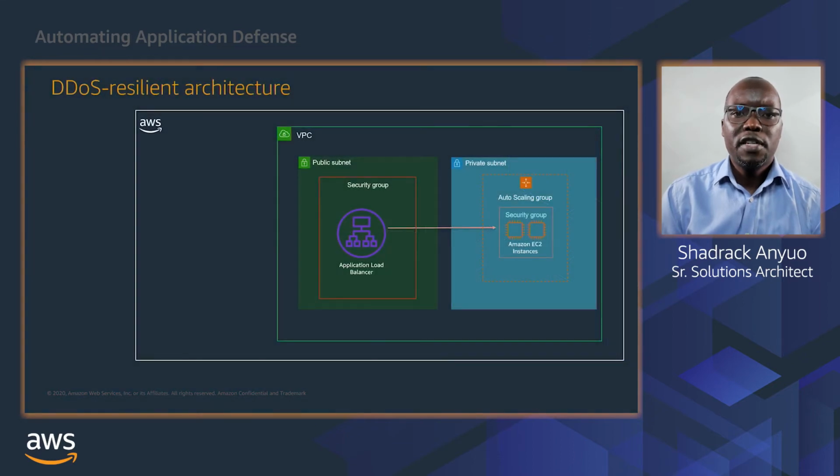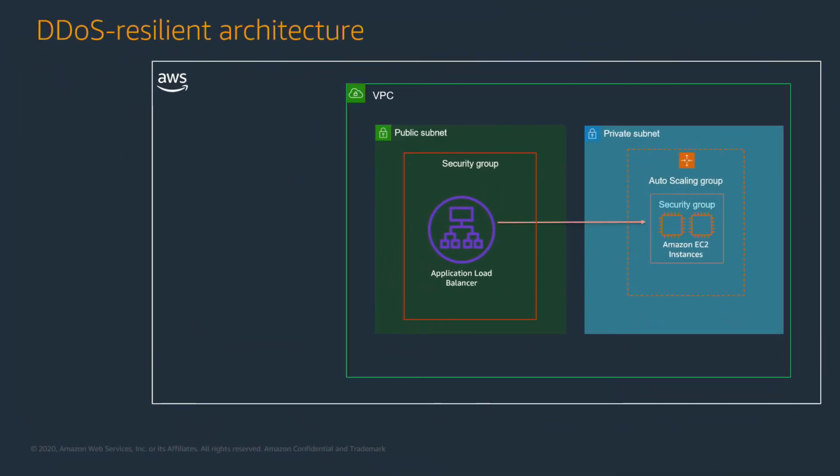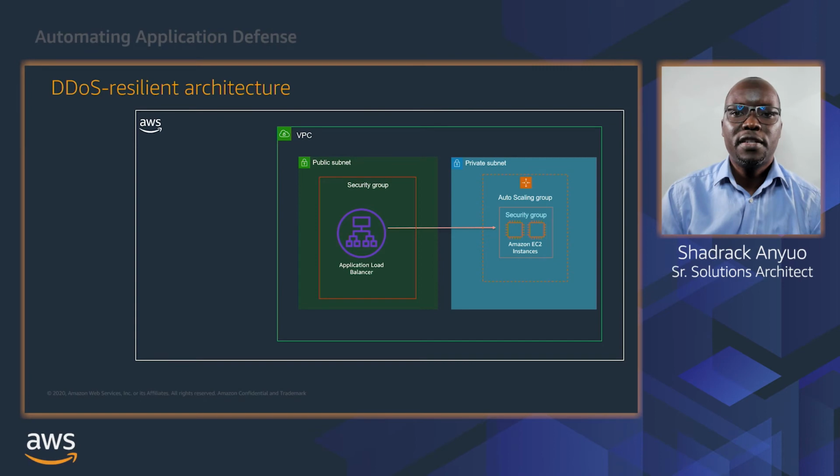The first response pattern that we are going to look at is building a resilient architecture. This is where you start by isolating your resources by the use of a VPC. A VPC is a secure, simple, and customizable network construct that allows you to logically isolate your services in AWS. It allows you to partition your AWS network into public and private subnets. And within a VPC, you can implement multiple layers of security through the use of security groups at the elastic network interface layer and network access control lists at the subnet layer.